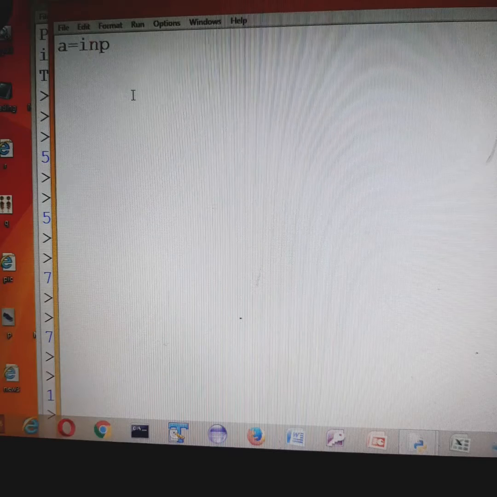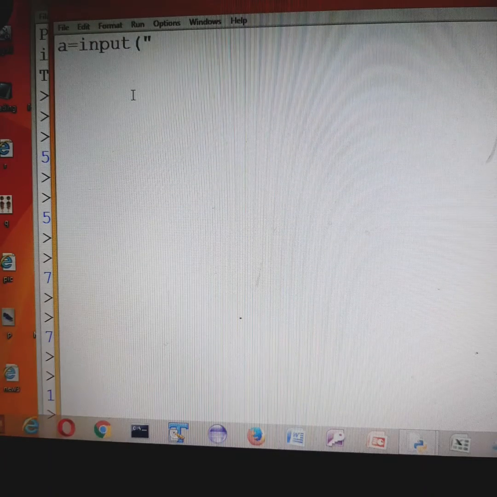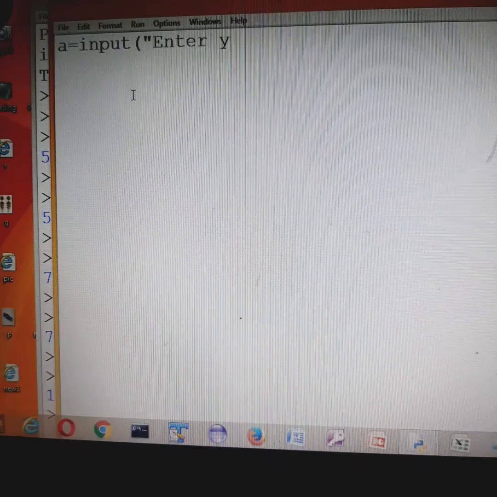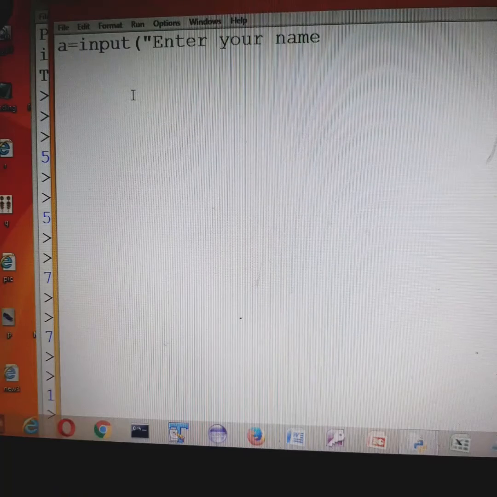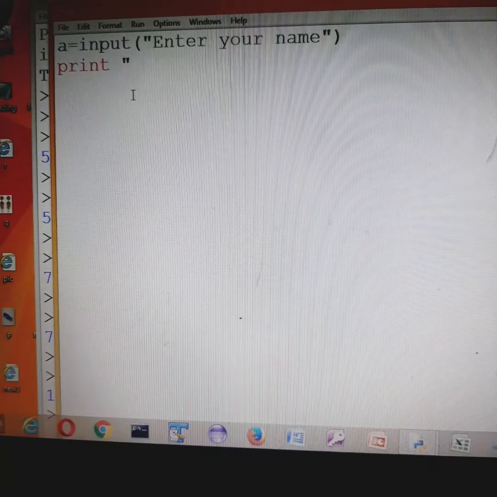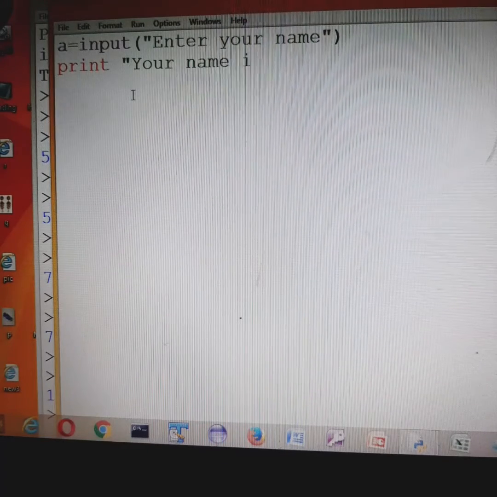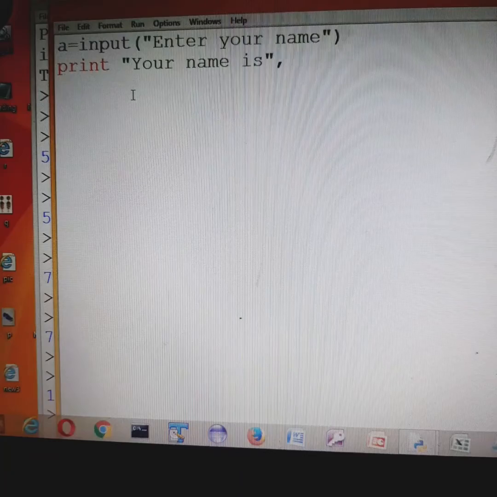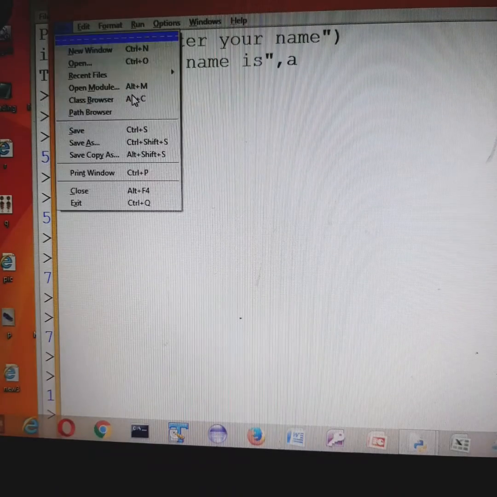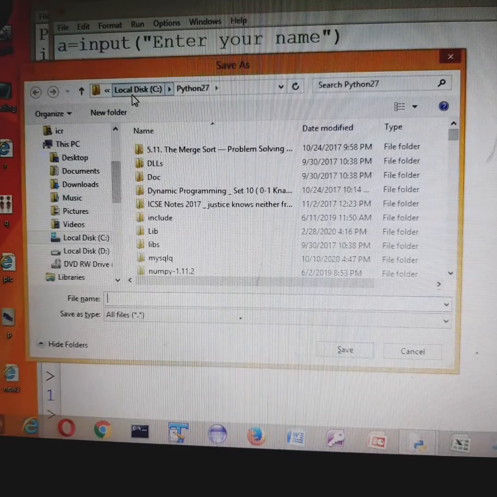For taking input, you will have to write a is equal to input, enter your name. And then I write print, your name is comma a.